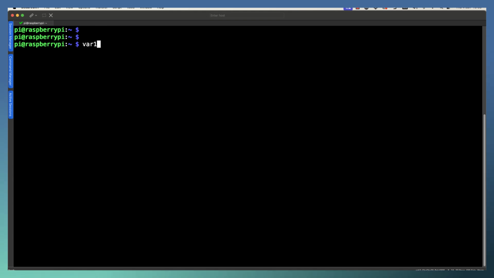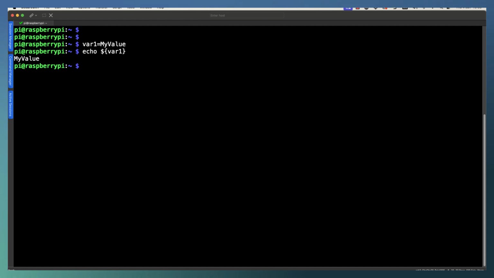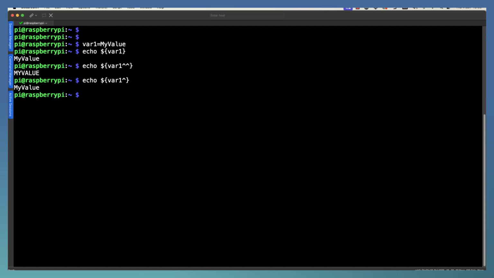If we set up our variable var1 having a mixed case value, we'll be able to see a little bit more here. And of course, then we can go through and echo out our variable 1. And again, with just the brace brackets in place, we get the value as stored, and it's stored in mixed case. Now, we've seen that we can use then the carets to convert to uppercase. Obviously, converting just the first character has no real effect because it was in uppercase anyway.